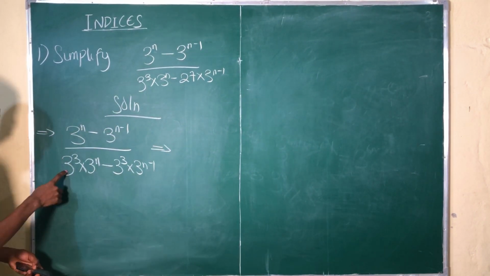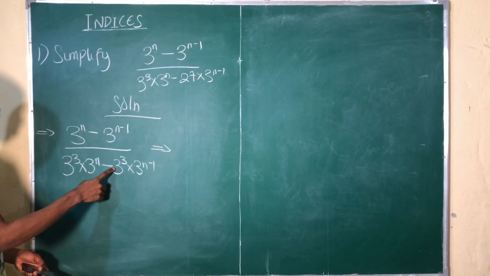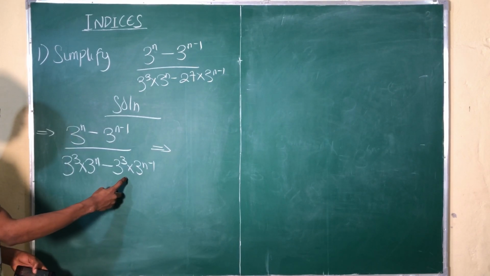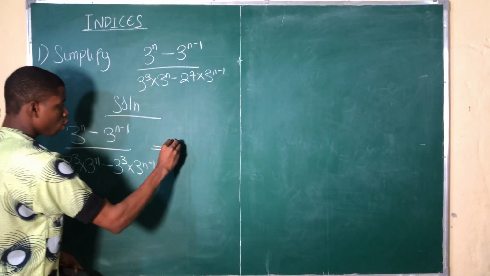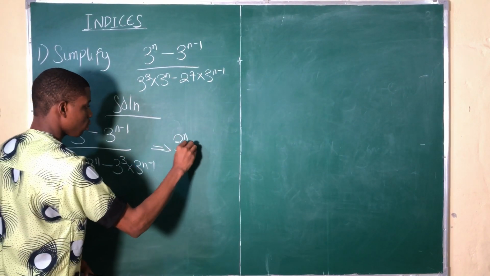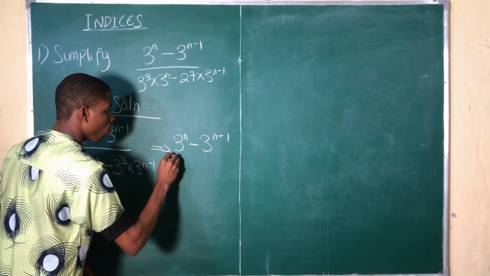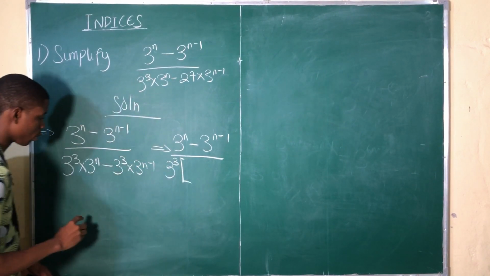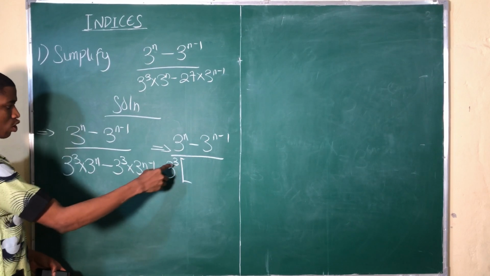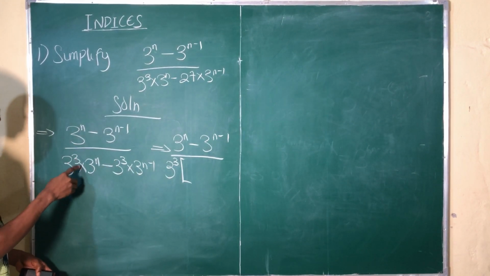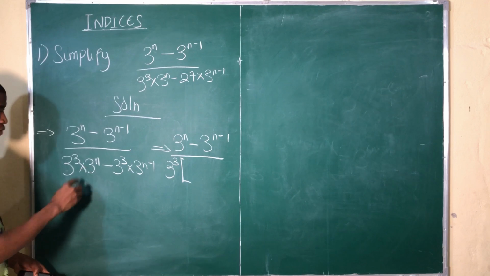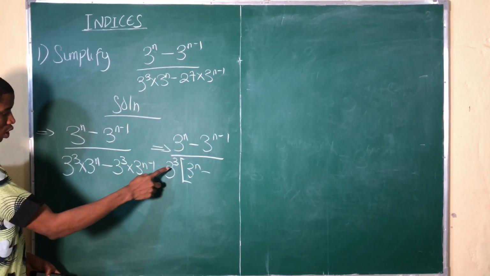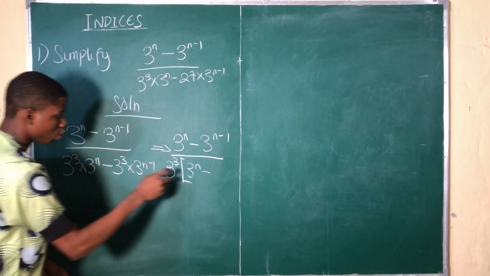What do you notice here? 3 raised to power 3 and 3 raised to power 3 is common at the denominator, right? That's what is common here. So I'm going to repeat this and we're going to factorize that out, all over 3 raised to power 3. Factoring that out, we have: if we divide 3 raised to power 3 by 3 raised to power 3 multiplied by 3^n, this will go off. We're left with 3^n −